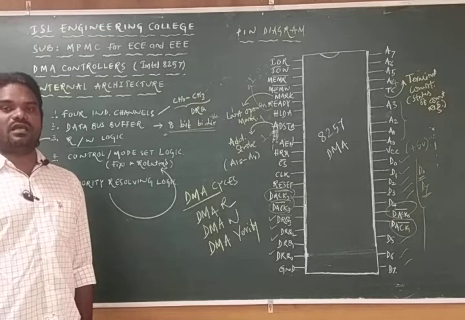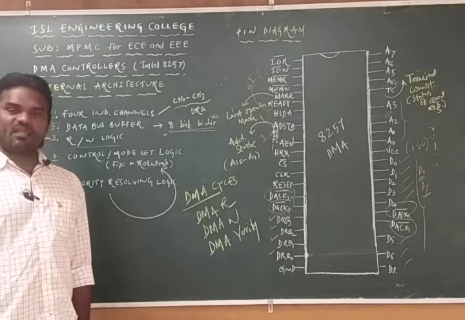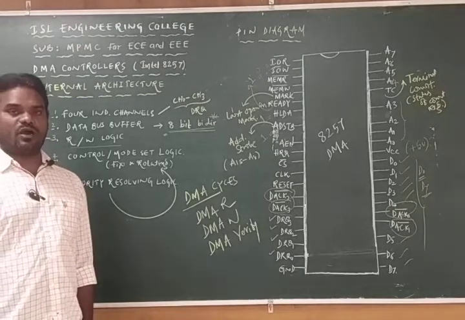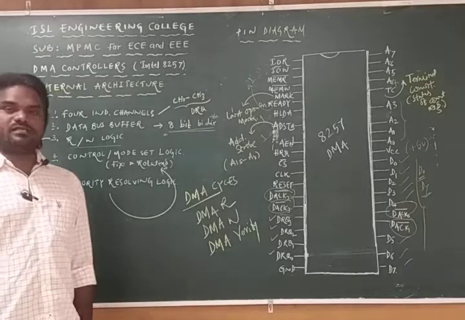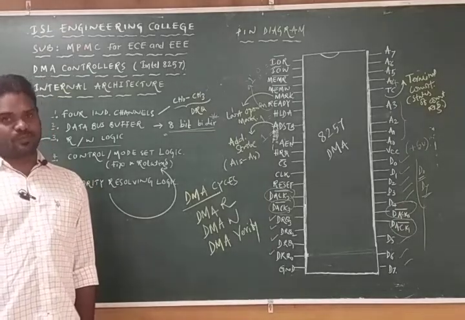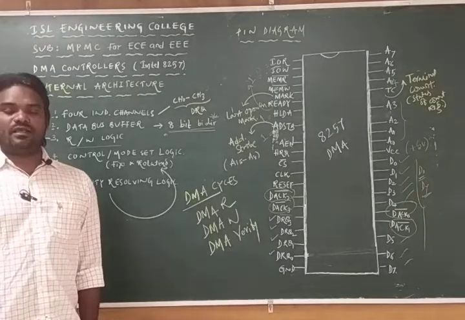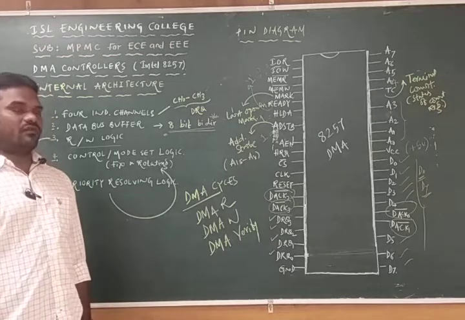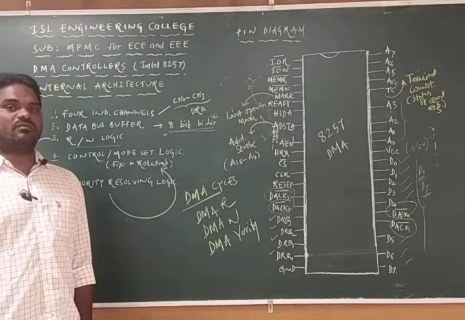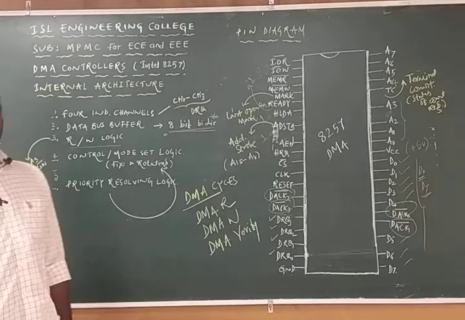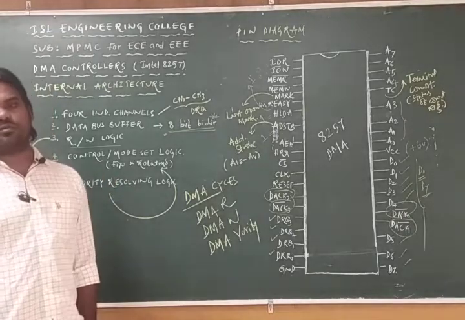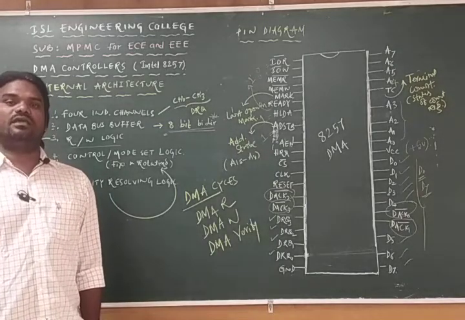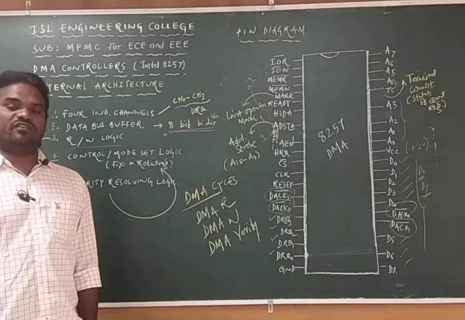By making use of this DMA controller, we can have direct access to the memory locations for the input output devices. The DMA controller is also a processor, and this processor is connected with one more processor, that is the 8086 microprocessor. Whenever the 8257 DMA controller is connected with the 8086 microprocessor, we call this mode of operation the maximum mode of operation of the 8086 or 8085 microprocessor.